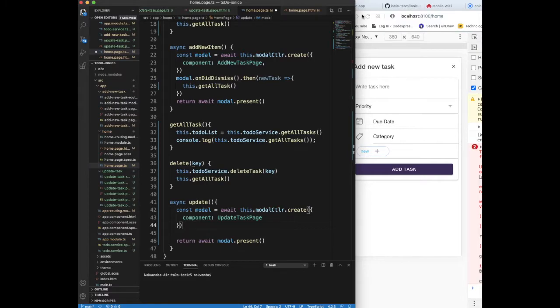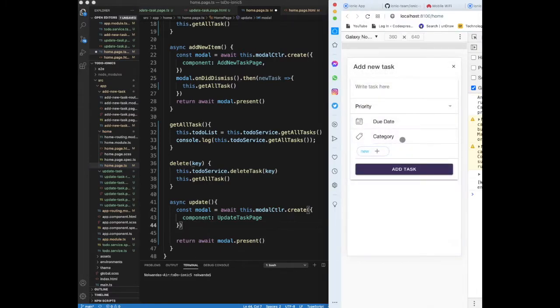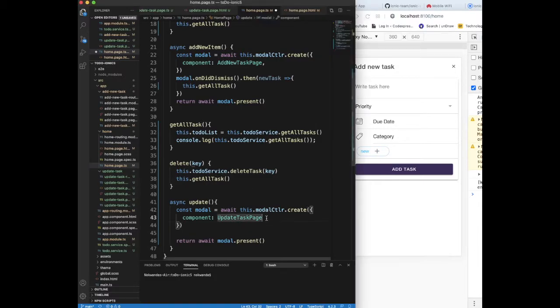Okay, right, so I'm going to show you how to do that. So every time you click on that, it populates everything. So what we need to do is, when the model is presented, we are sending in a value of the task,